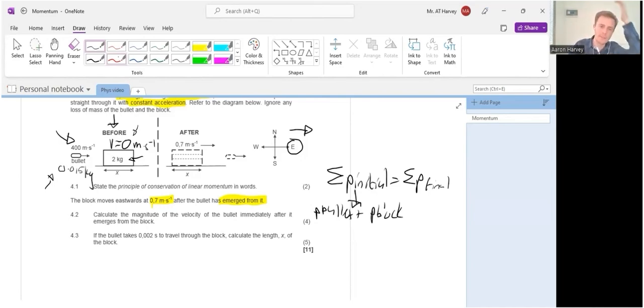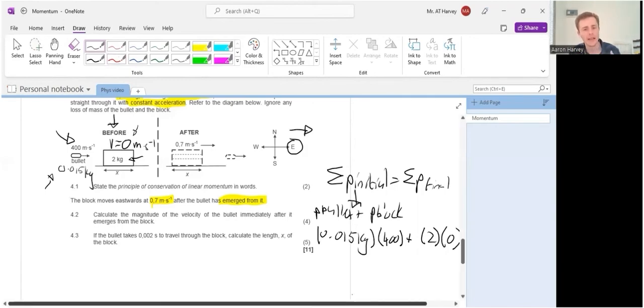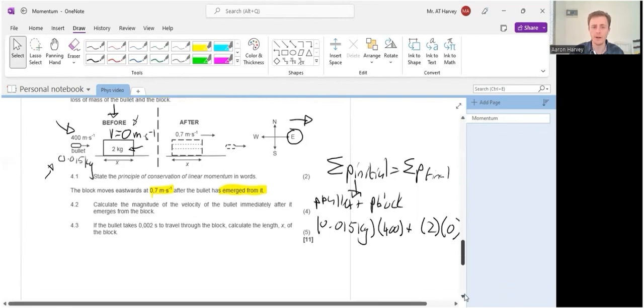So it's going to be the mass of our bullet, 0.015 kgs, times the velocity of our bullet, 400 meters per second, plus the mass of our block, 2 kgs, times the velocity of our block, 0. Now you can go and do those calculations, but this is what the momentum will be of the system before the collision. Now, if we're looking at the momentum after the collision,